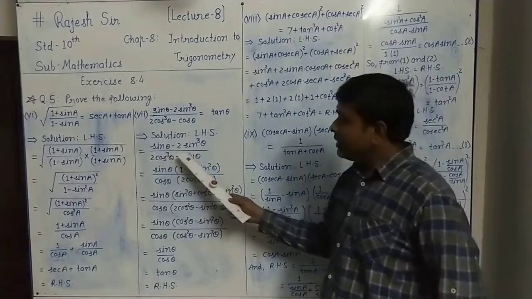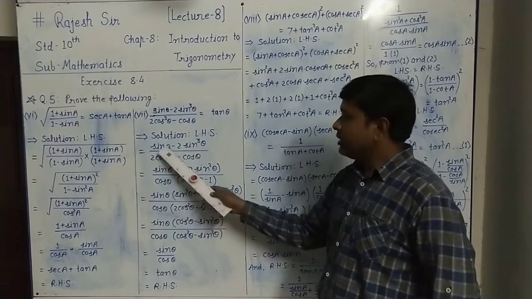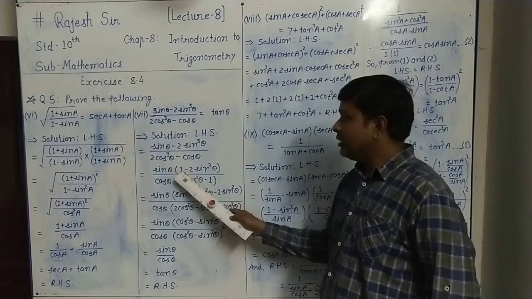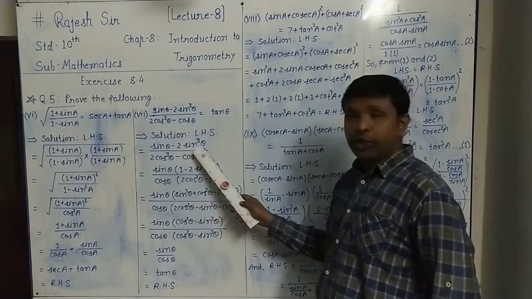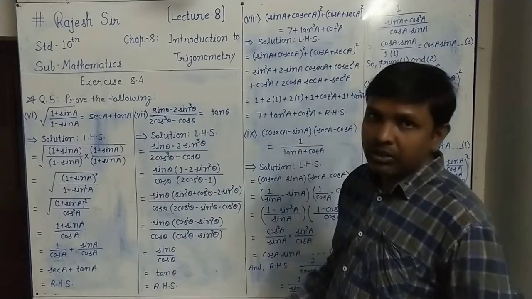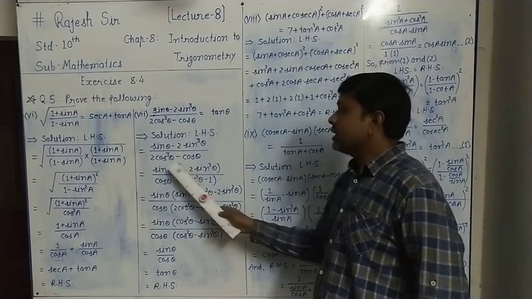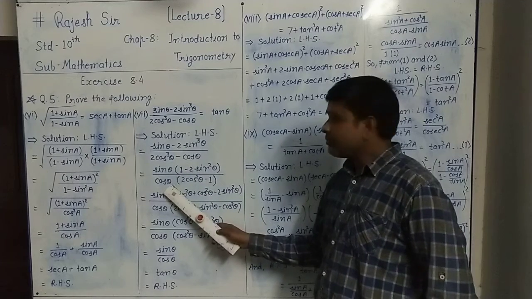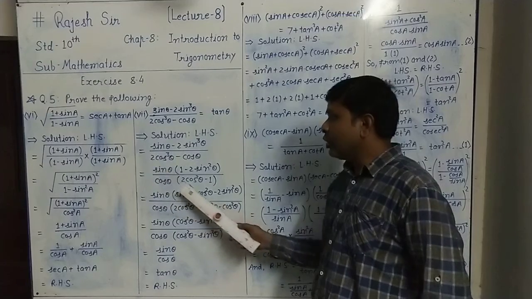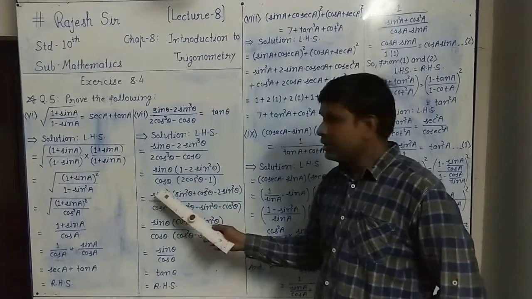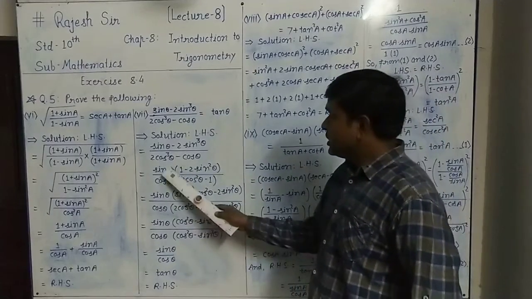Up there as you can see very easily, sin theta is common. So we have taken sin theta common, so it is 1 minus 2 sin square theta, because sin theta is common from sin cube, one sin is out. In the denominator, cos theta is common: from 2 cos cube, one cos is taken out so 2 cos square will be, and minus 1 cos is common, so 1 is there. So this is sin as it is.